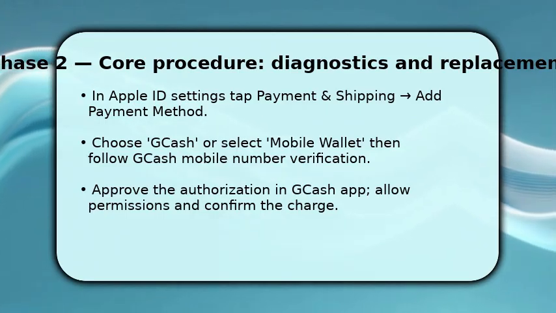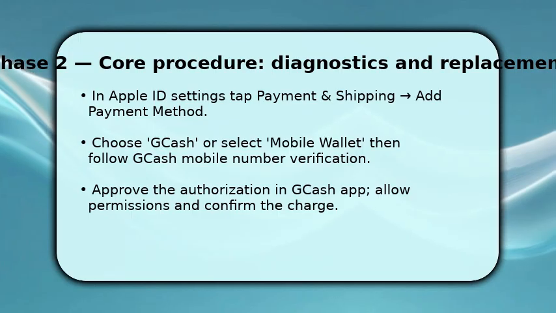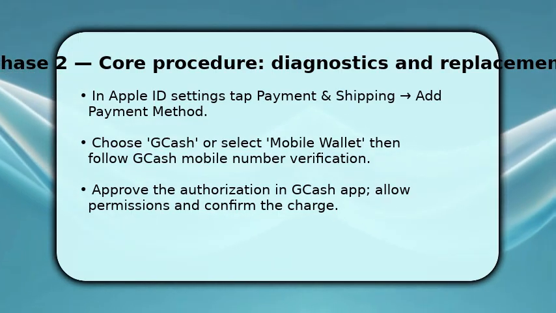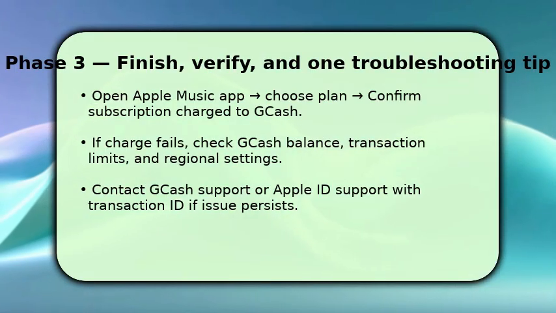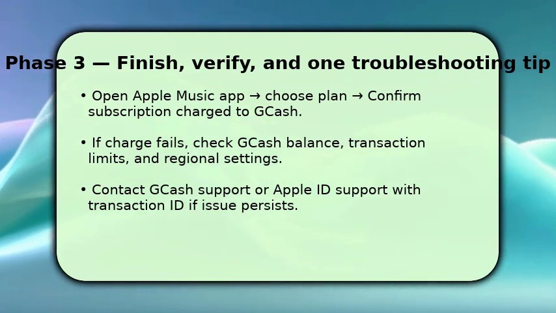Apple will prompt a verification flow. When the verification request appears in your Gcash app, approve it so Apple can link the wallet. Make sure to allow any permission prompts and confirm a small authorization charge so the link is validated before you proceed to subscribe. Finally, open Apple Music, pick the individual or family plan, and confirm the subscription will bill your